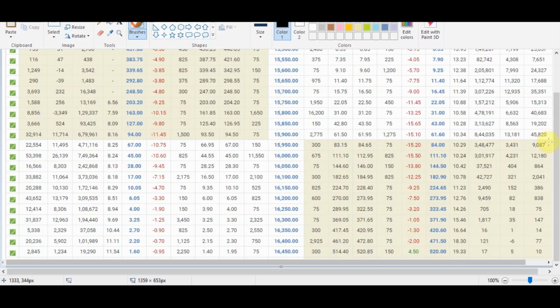Let's say your view on Nifty is bearish and you think that Nifty is not going to cross 16,000. So what you can do is sell a 16,000 call, which is trading at 45 rupees, and sell a 15,750 put, which is trading at 22 rupees. So that's for bearish view, and you can also sell a 15,700 put. You can sell any of the puts as per your view. It all depends upon you. You can do things at your discretion but with strict risk management. So that's how we can play short strangles.